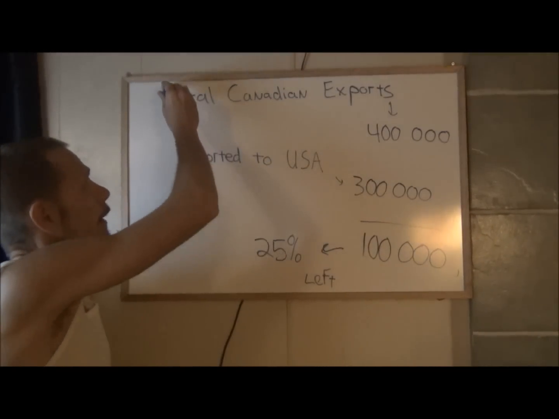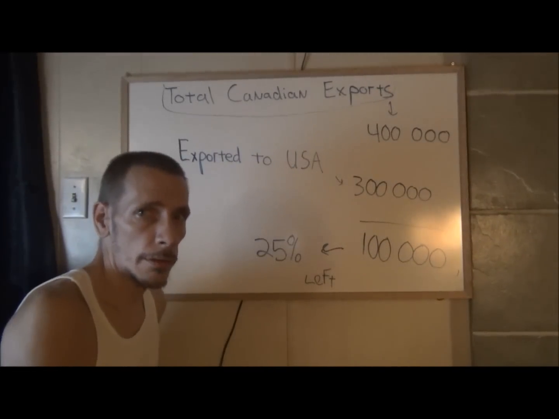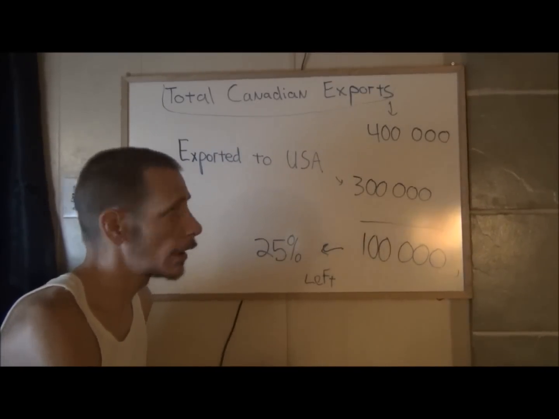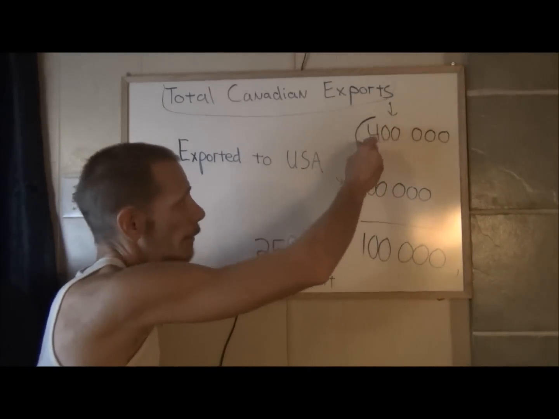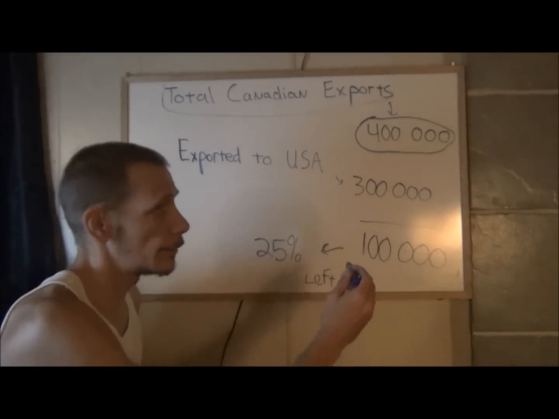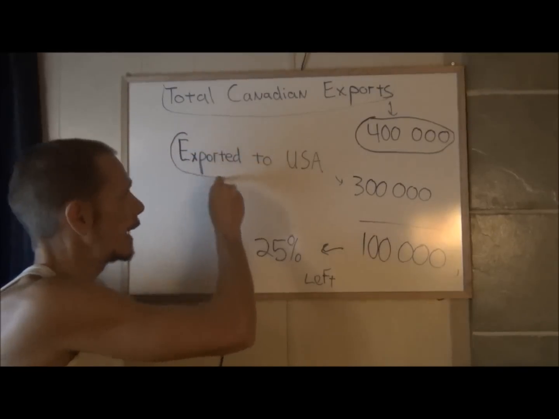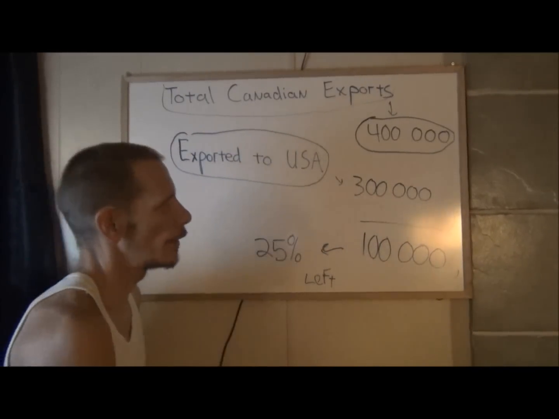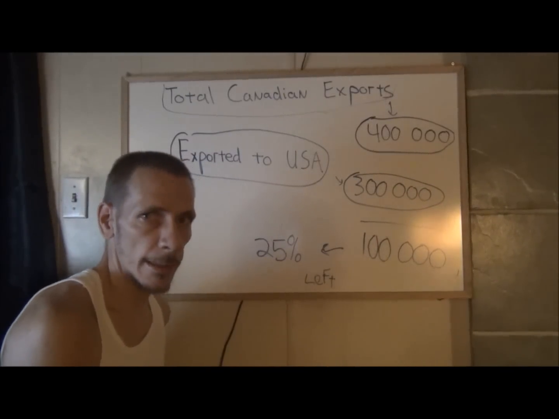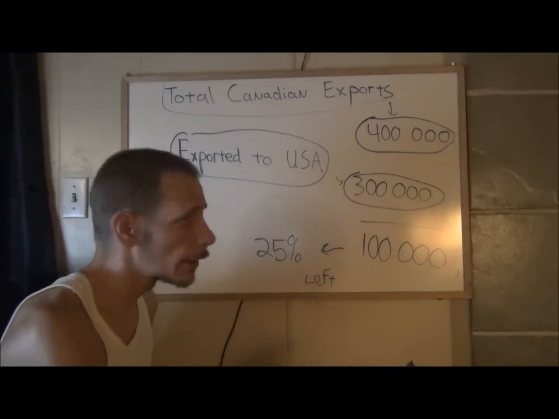So, in our economy, the total Canadian exports, which means all the goods that have been manufactured in Canada that are being transported or sold outside of our country, total 400,000, to simplify, according to the graphs. This is in millions of dollars, but anyways, it's 400,000. Of that 400,000, Canada exported 300,000 units to the USA. Therefore, 75% of our export market, of where companies sell their goods, goes to the United